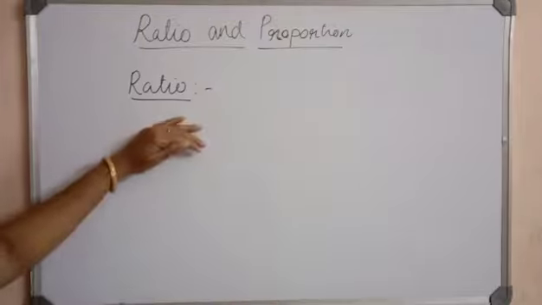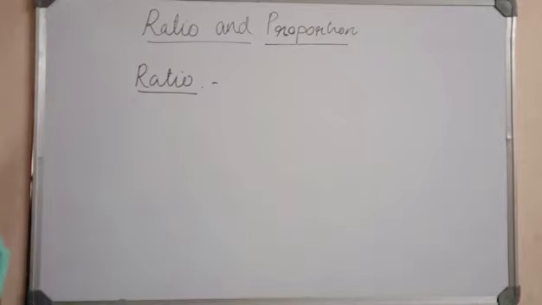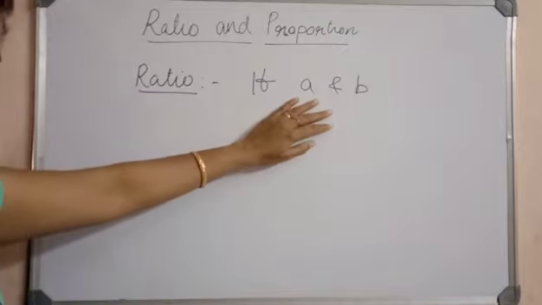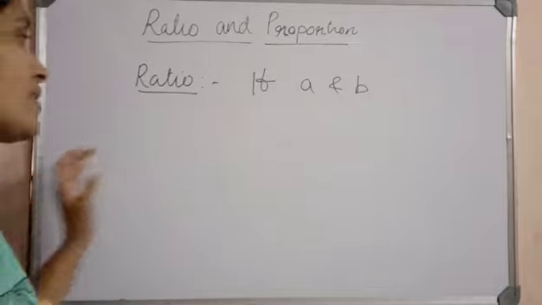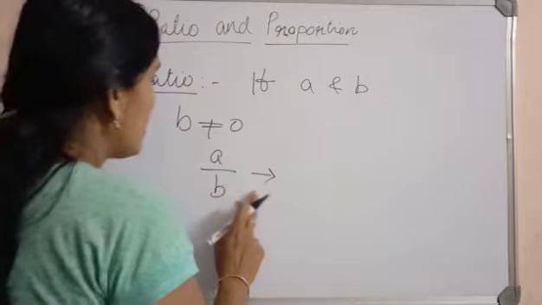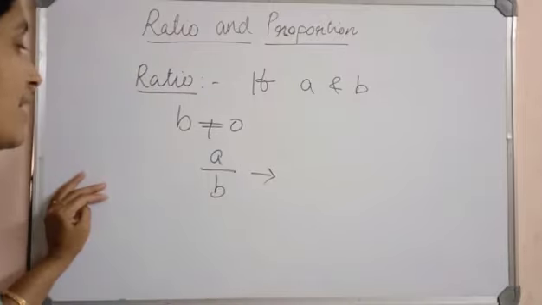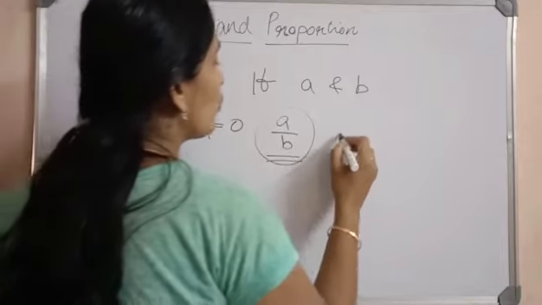A ratio is used to compare two quantities of the same kind with the same unit, and we can obtain it by dividing the first term by the other. If A and B are any two quantities of the same kind with the same unit such that B is not equal to 0, then A by B is called the ratio between A and B. The ratio A by B has no unit,